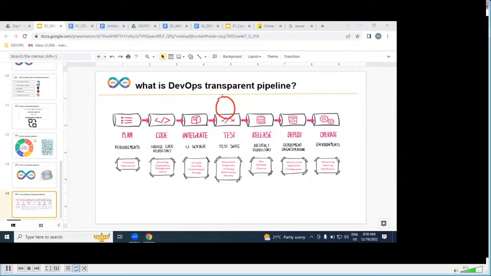If the working software is ready, what do we do? Do we directly place it on the server side? No. We need to hold it for a particular period of time in a release. In a particular maintenance window, on a scheduled date, we place it on hundreds of servers.